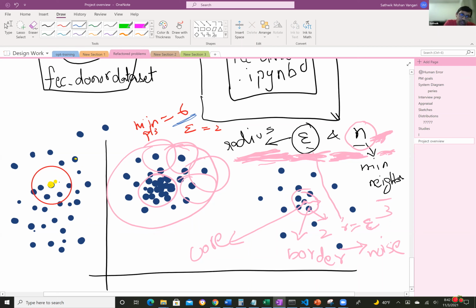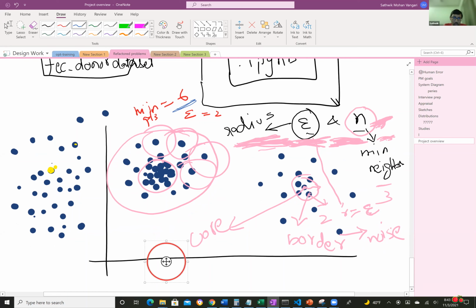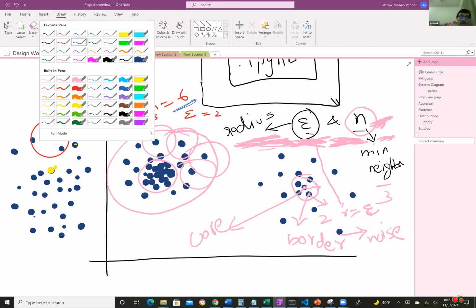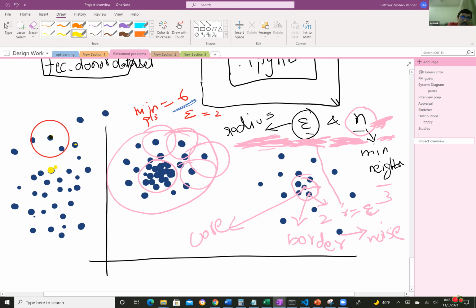In the first iteration, I mark this point as either border, core, or noise, right? And then I get rid of that circle. Now I know that that's a core point or border point, right? Then I move that circle to another point. I put it around this point, okay? Now, if that's my point, you understand which point I'm referring to, right? The point at the center,